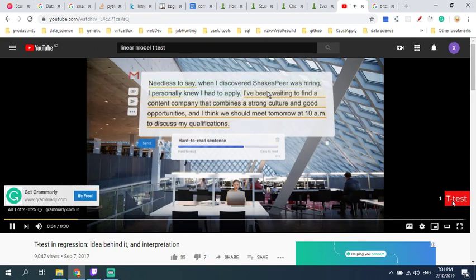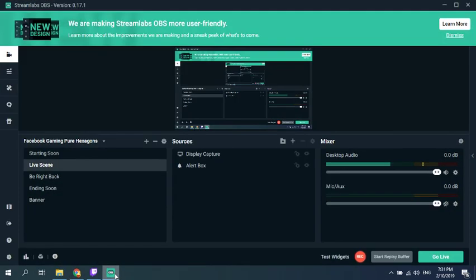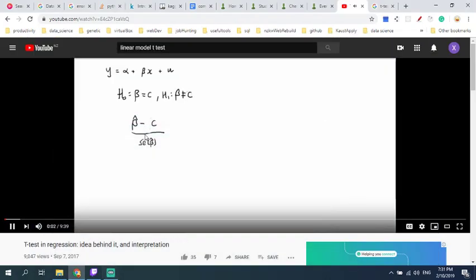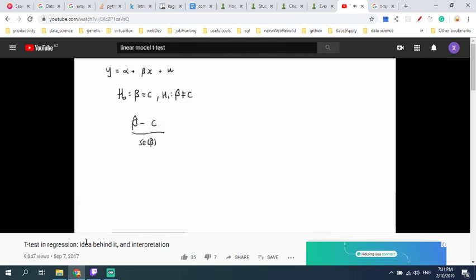This sentence is grammatical. Hey, hi everyone, Phil here. Today we're going to do two things. One is to look at the idea of a t-test for testing the significance of individual coefficients. And the second thing is we're going to look at the interpretation of a t-test. Because while you might be able to crunch the numbers and come up with a conclusion for the t-test,